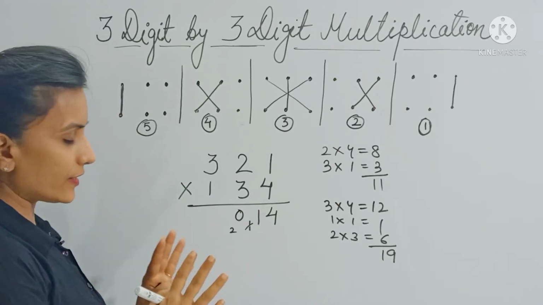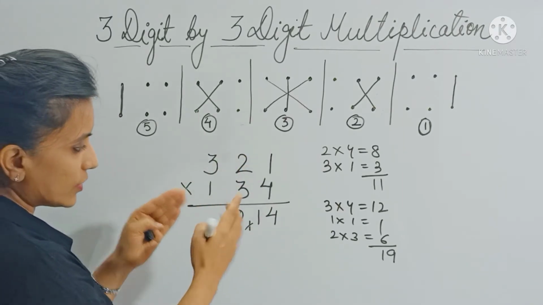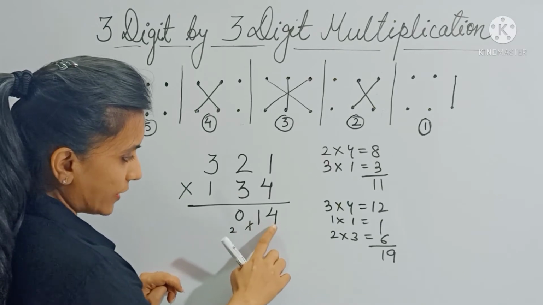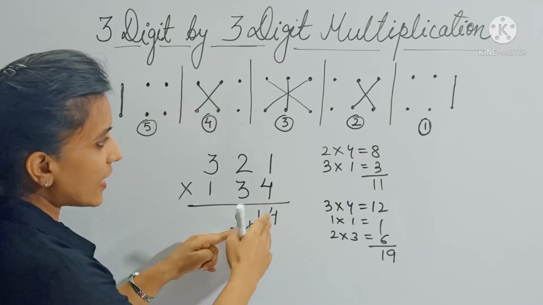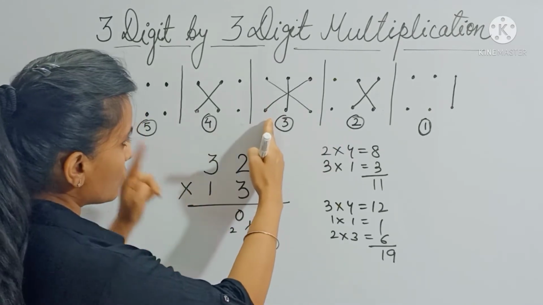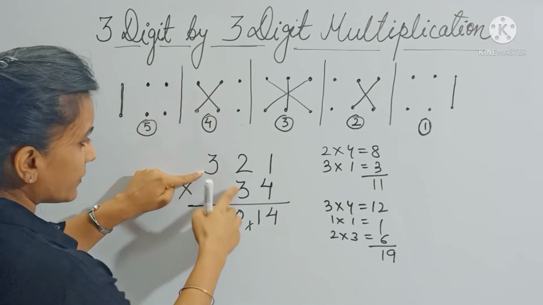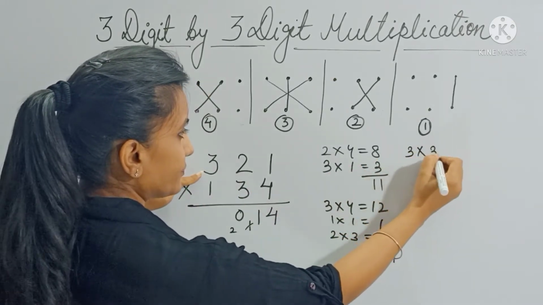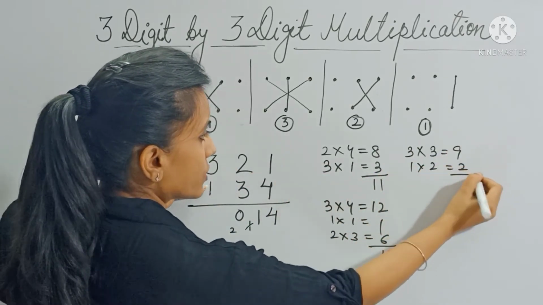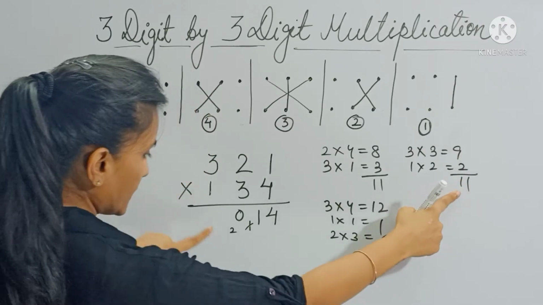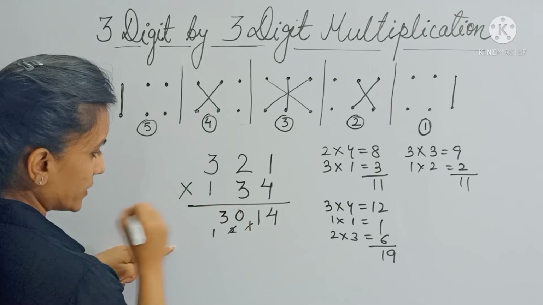Now in case if you get confused like which pattern you calculated right now, so you can just count the number of digits here, like 1, 2, 3. I have written 3 digits, right? It means I am done with 3 steps. So I have to do the fourth one now, which is again cross. Okay. So 3 multiply 3 is 9 and 1 into 2 is 2. So this will be 11. Now 11 plus carry forward, which is 2, will give you 13. So you write 13 here like this.